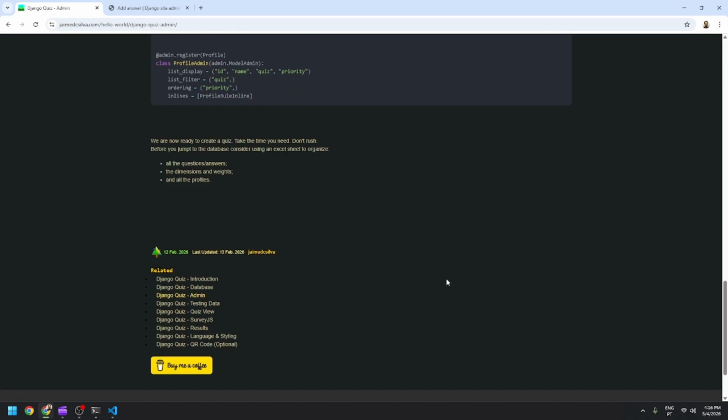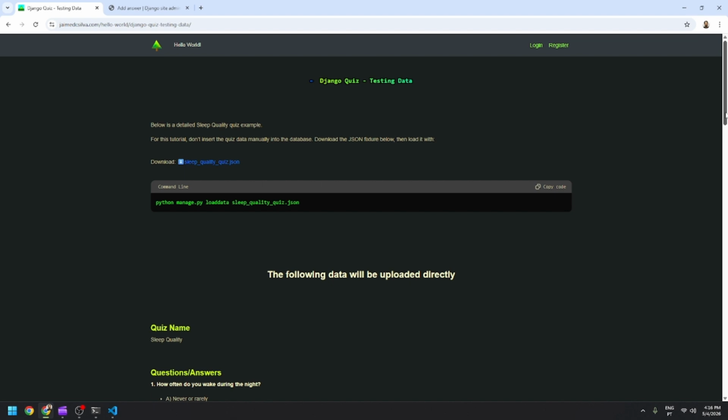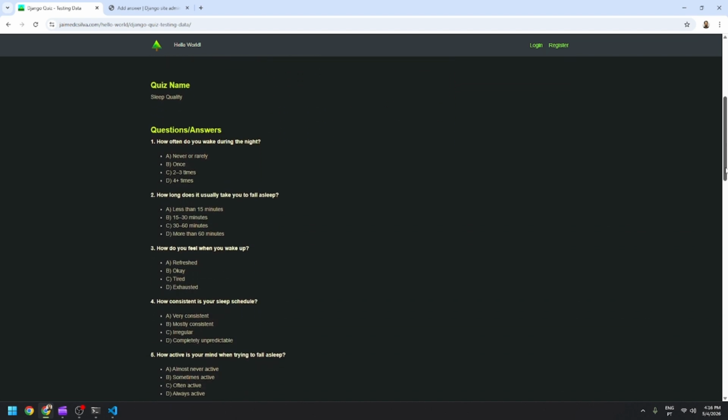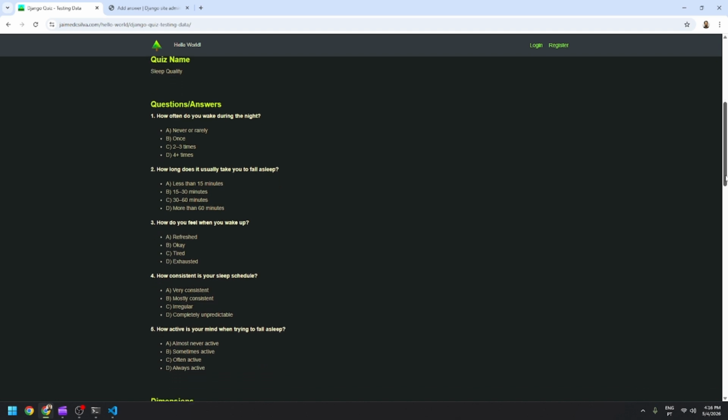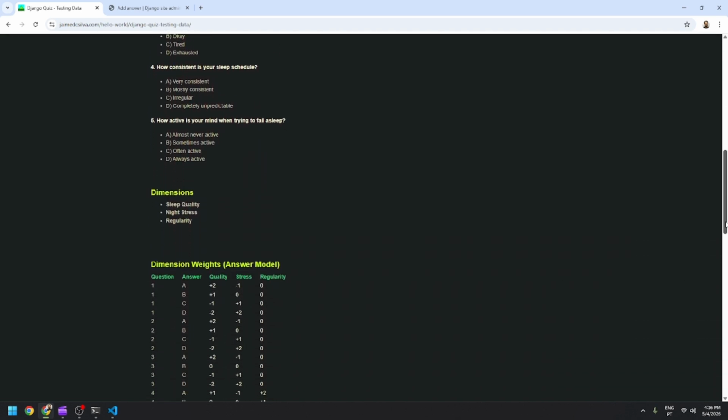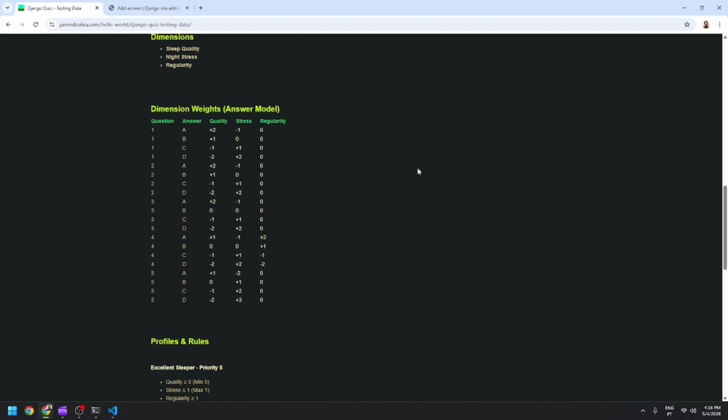So next part, testing data. Let's go. There's a lot of information to a quiz, kind of. Look at this: quiz name, questions and answers, the dimensions. We'll go with the initial example. The dimensions, the dimension weights,